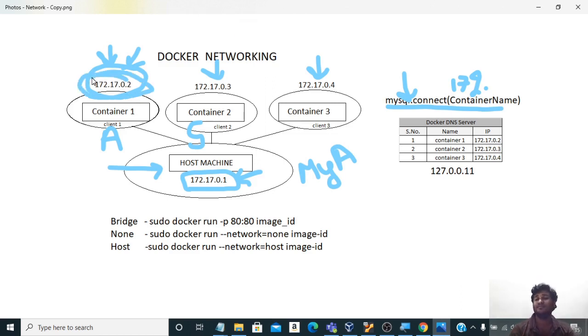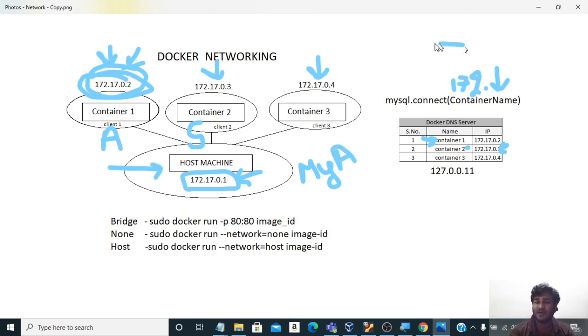And that's why, instead of writing the IP address in the container, we write the container name. There is a DNS, that is the domain name server, which is maintained by Docker itself. By using this, you can directly refer to the container by the container name rather than the container IP, because it might get changed, right?